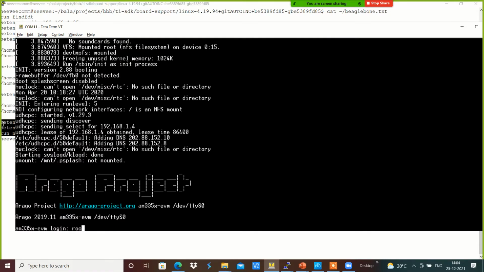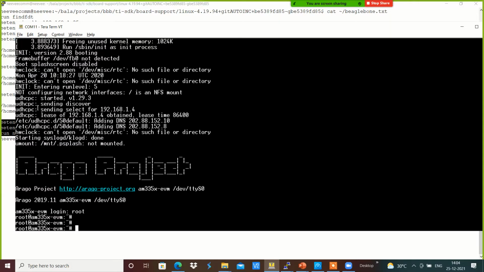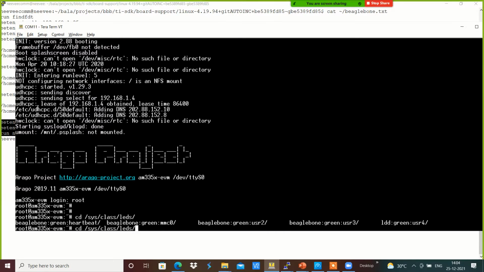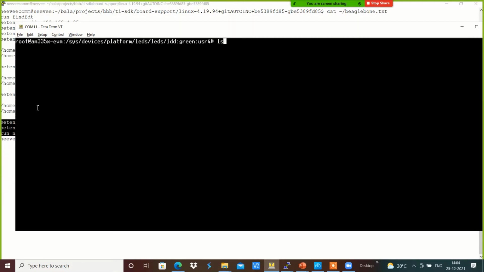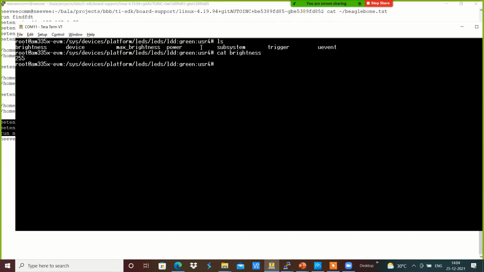cd /sys/class/leds. Now we can see there is a new one added into it, which is the green user 4 LED. I'm going to get the brightness, cat brightness, which is 255.